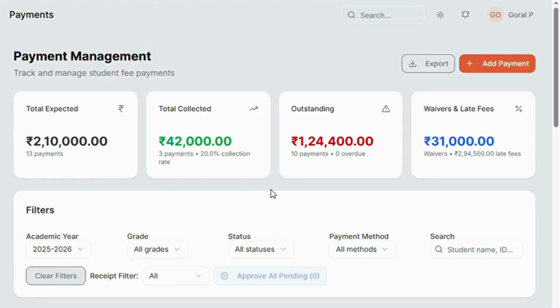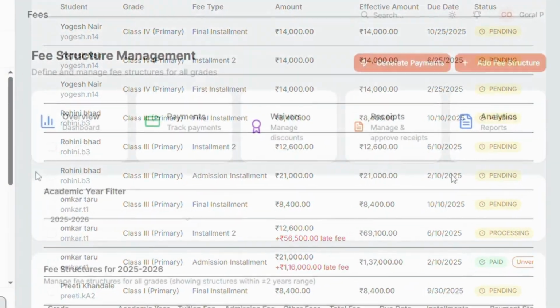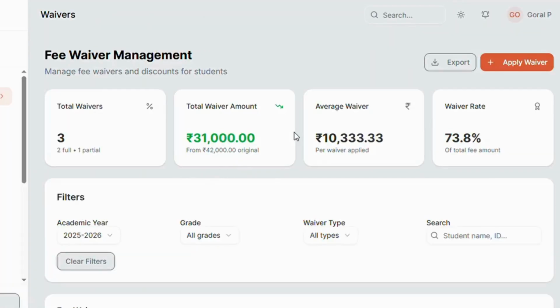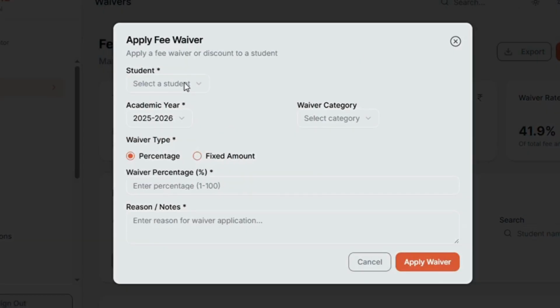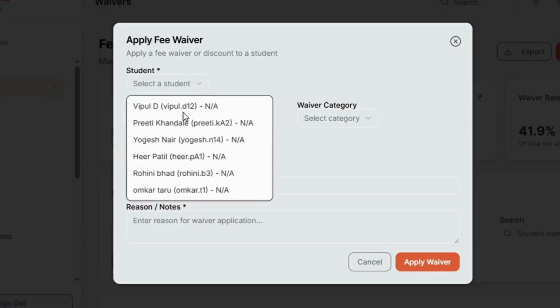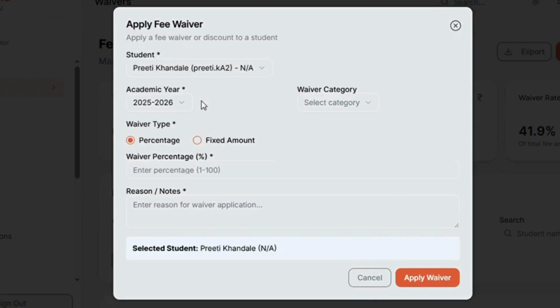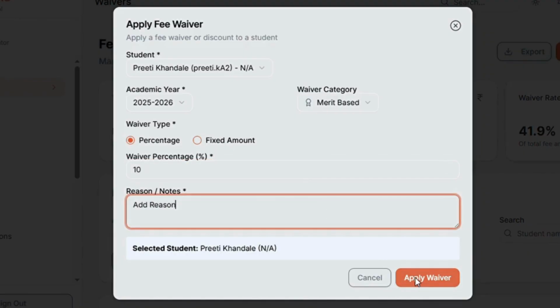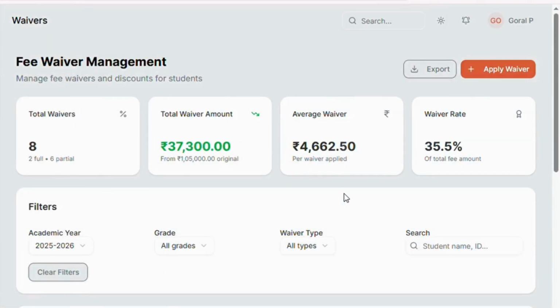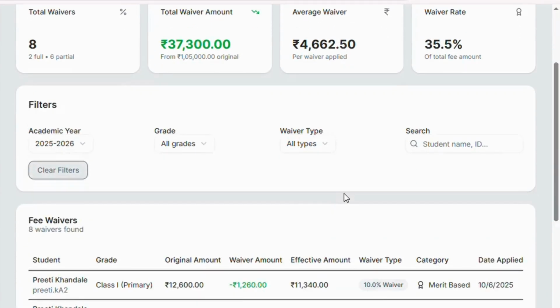Here, you'll see every payment generated, its status, and individual student receipts. And for special cases, Besto LMS makes waivers management simple. Just click Apply Waiver. Select the student, academic year, waiver category, and type: percentage or fixed amount. Add a reason. And done. You also get a complete waiver dashboard to track how much has been waived off, along with filters